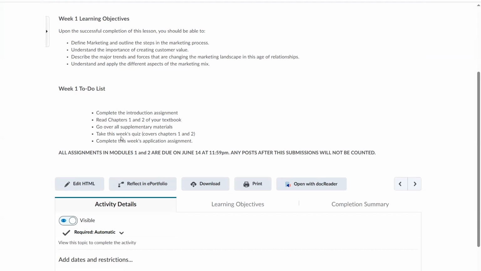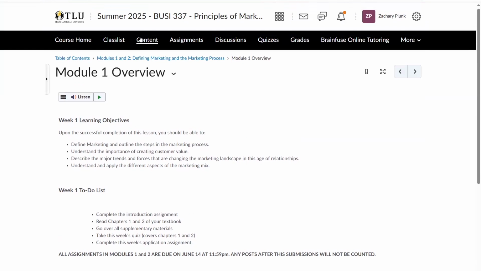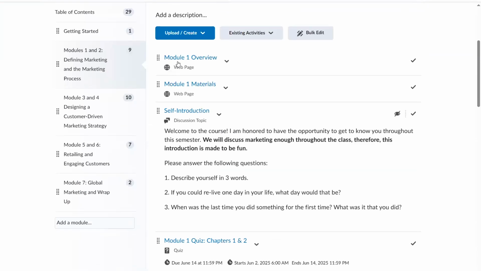So typically we have a few different types of assignments. We have a quiz, which is mainly just, did you read the textbook and go over the materials that I provide? Okay, it's not really application based. It's, did you remember what you read? And then we normally have some type of application assignment where it's not just regurgitating information, it's applying information that you learn. Okay, that's normally in some type of discussion, but it could be a case study or something like that as well.